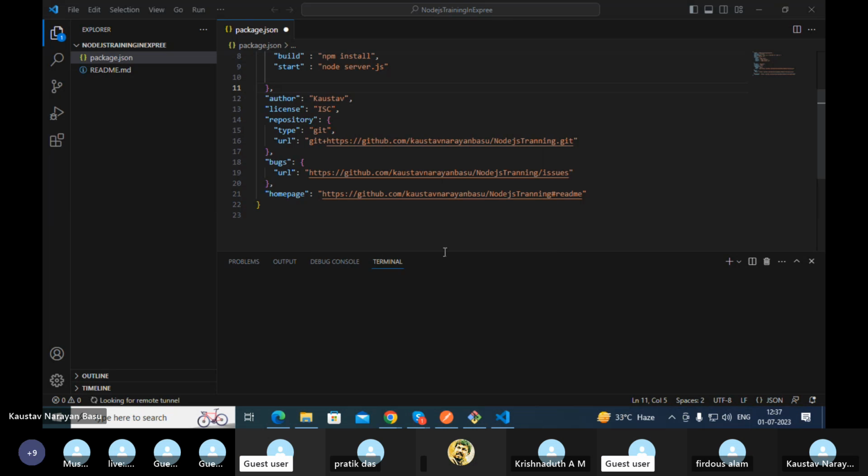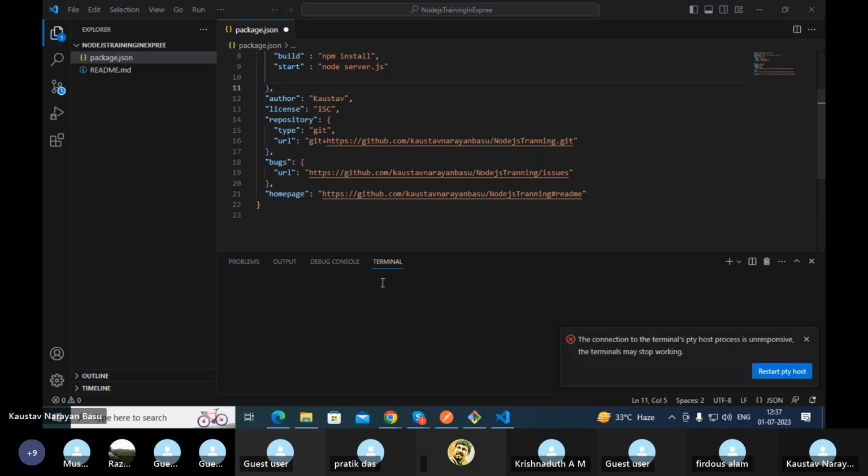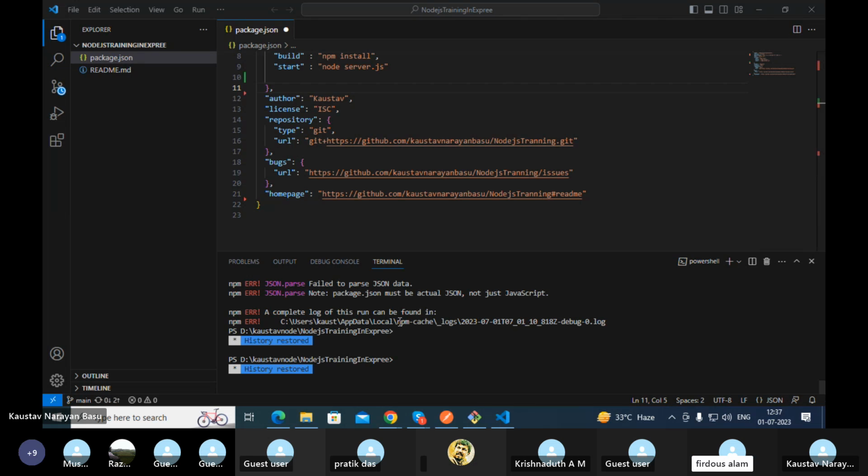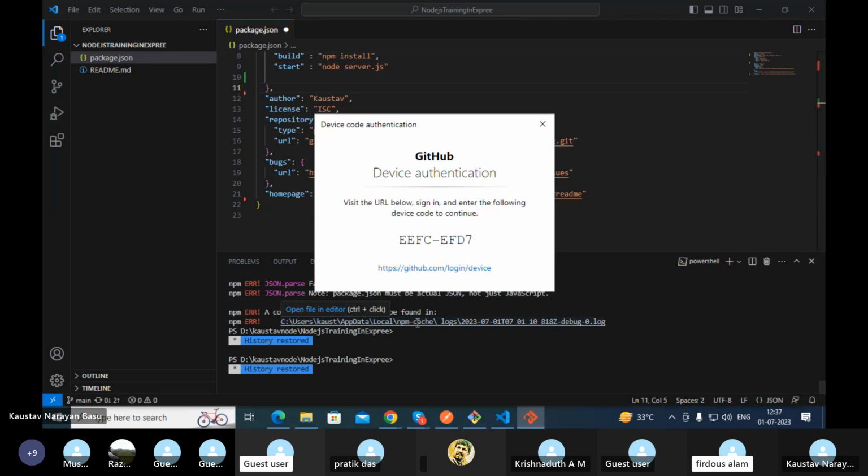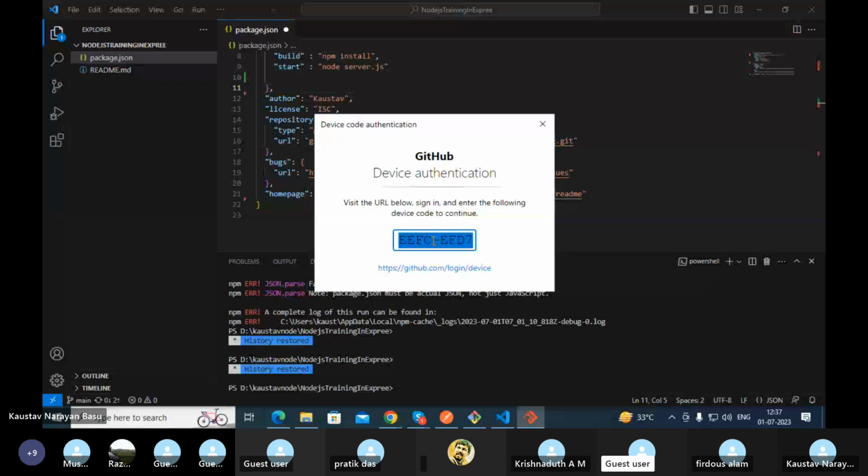What did you write there to fetch this? Hello, Firdaus, what did you write there to fetch this? Somebody else is sharing the screen. He is having an issue, so he is sharing the screen.